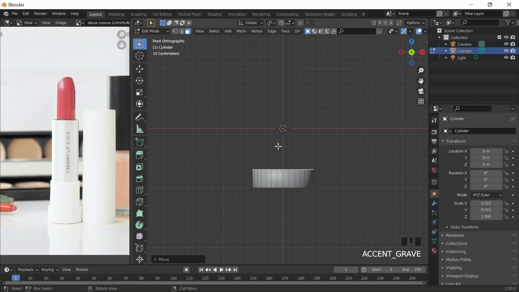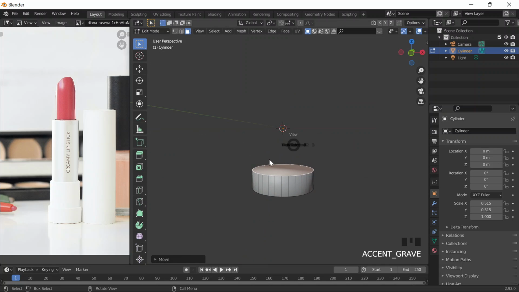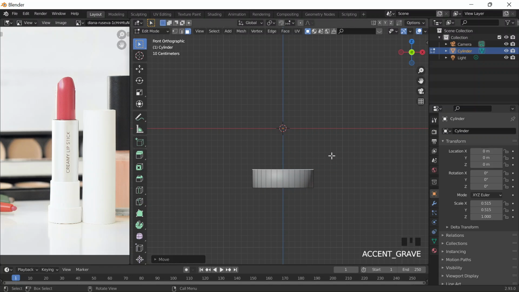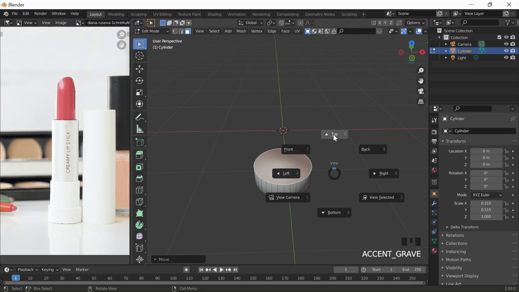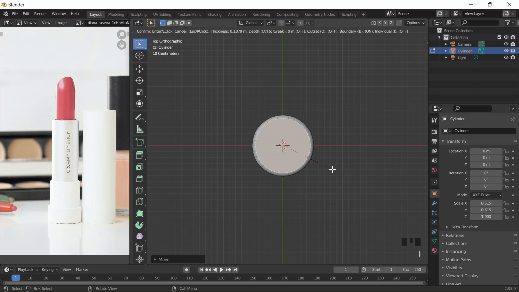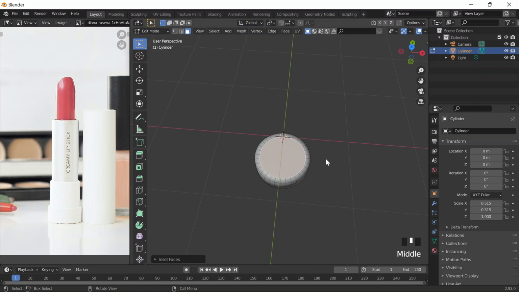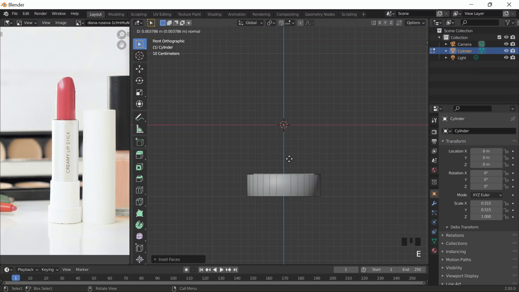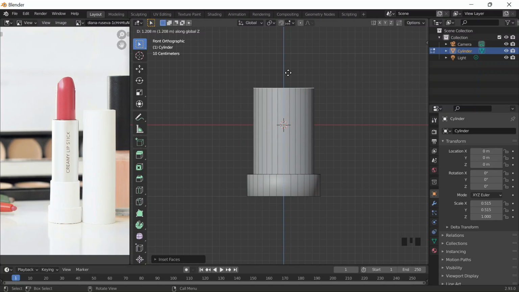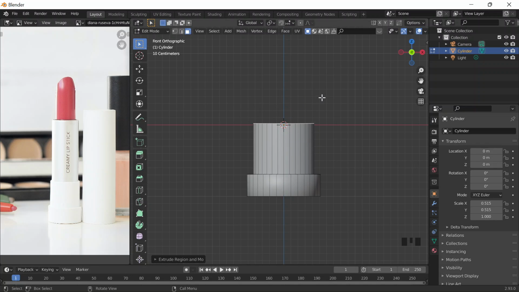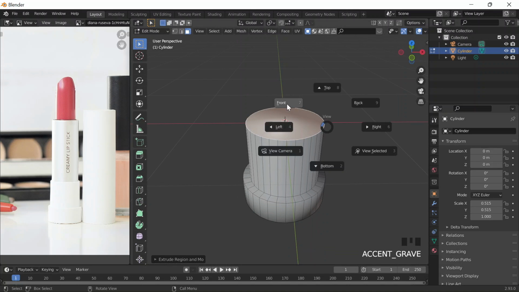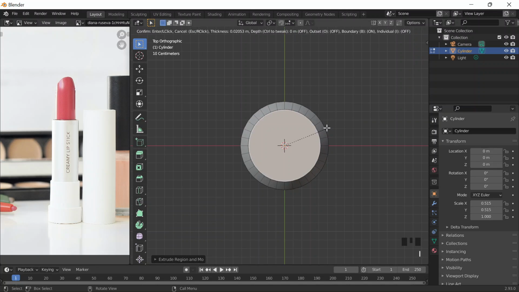So back to front view, and then at this point, I think I have the face selected, right? So front view, and then let me go to top view. I'll do an inset by pressing I, a little bit like that, and then I'll go back to front view, and then I'll extrude by pressing E. It should automatically be on the Z axis, going up and down, but just in case it's not, make sure you press Z. And then I'll go a little bit up until here, and then again I'll make sure the face is selected, go to top view, and press I to inset a little bit,